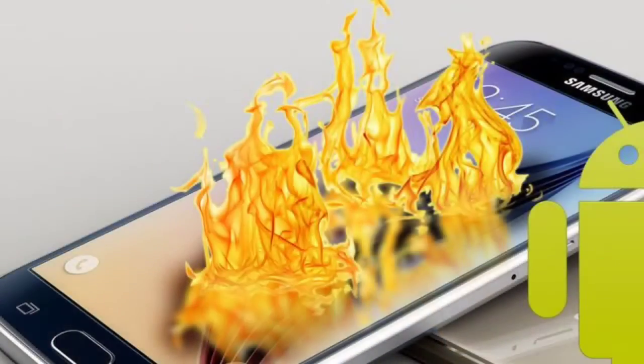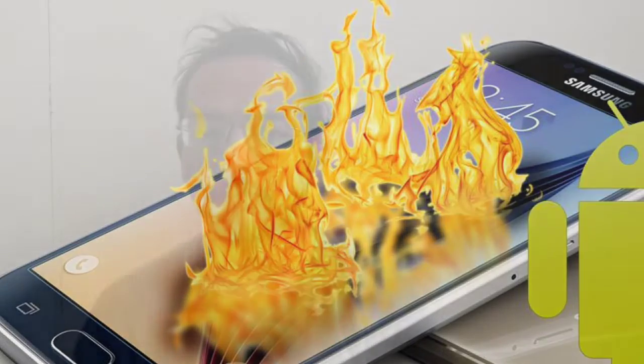In this video, we are going to discuss the screen burning issue in Android smartphones. If you are using any Android smartphone, and it has an AMOLED or OLED panel, then you might have faced this issue. So, what exactly is screen burning and what exactly happens? Also, how do we prevent this kind of issue in our smartphone? That is what we are going to discuss